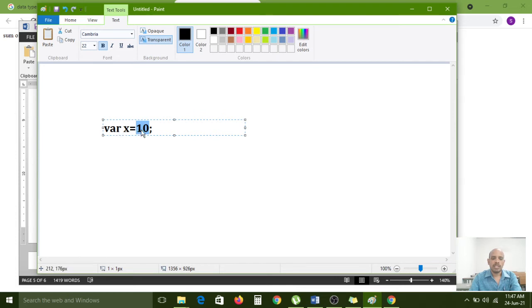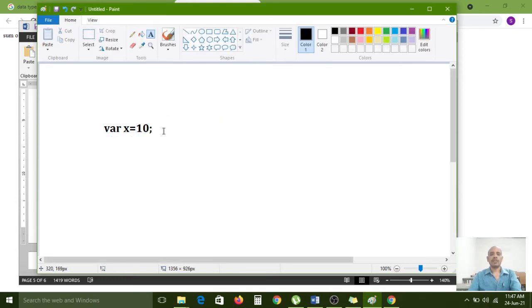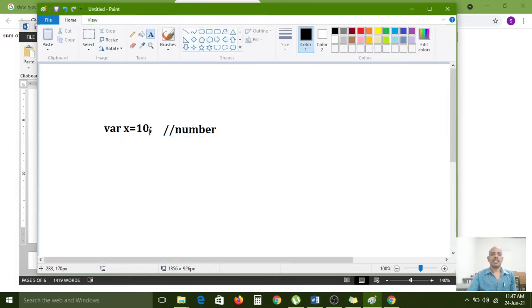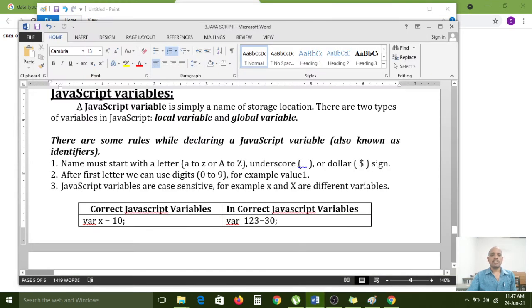If you want to declare the x variable, then the var keyword is required. Here I have stored the 10 value in the x variable. So 10 is what here? Number, a number related data type. The JavaScript engine will decide internally. So if you write a statement like this in your program while developing, it will occupy memory. First, see the definition.